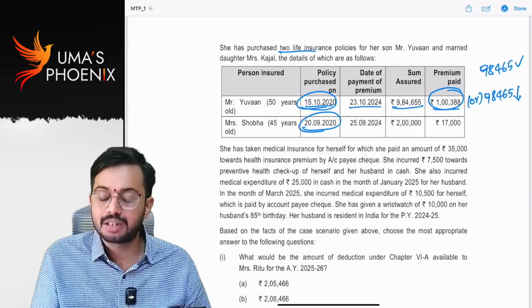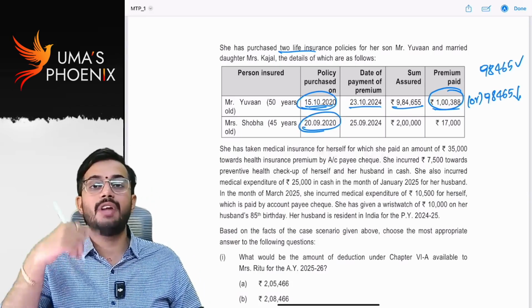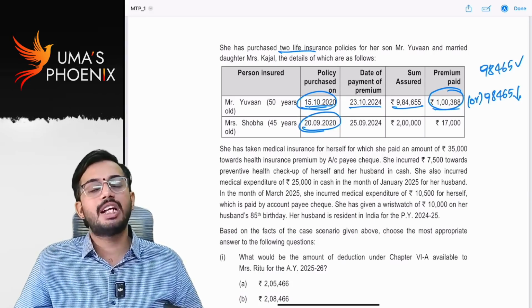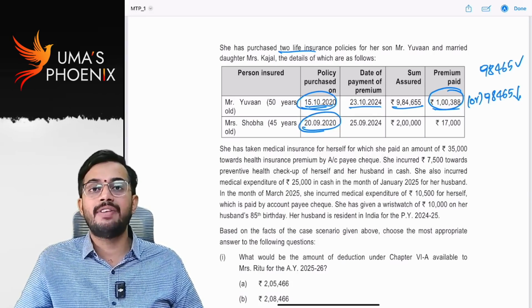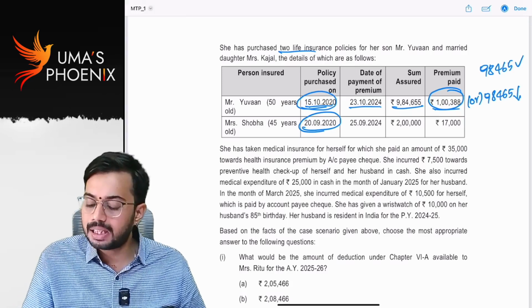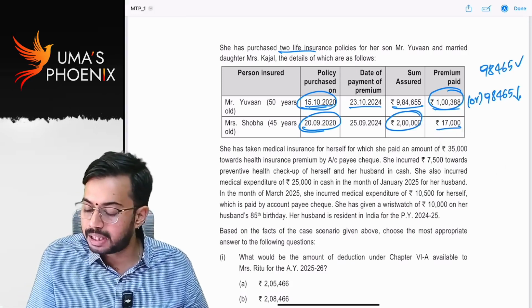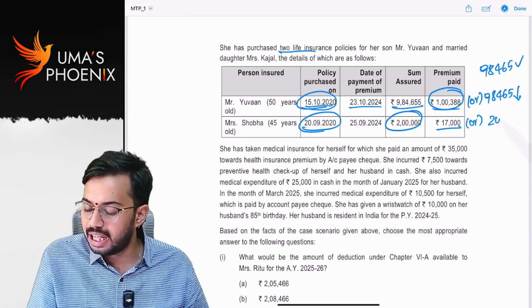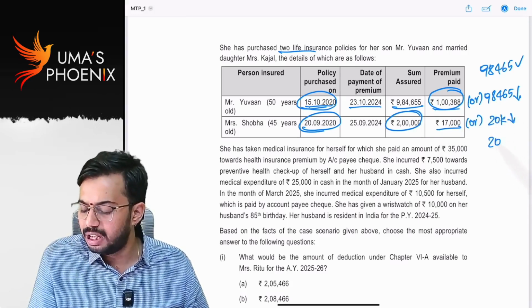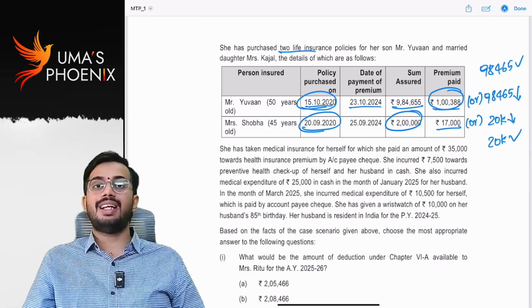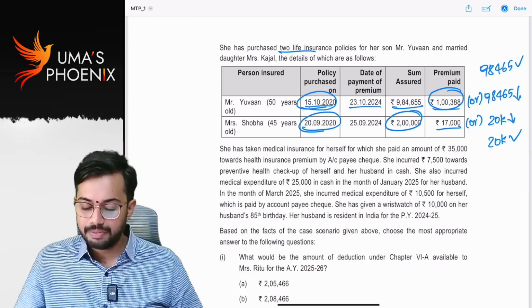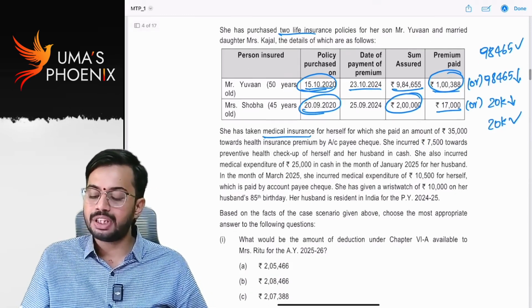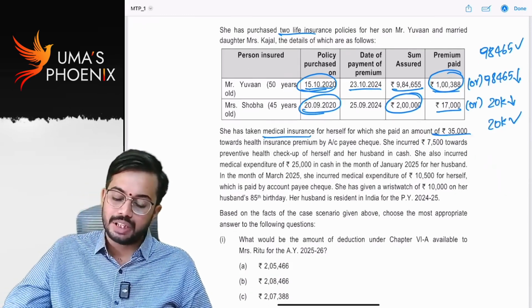In the second case also, the policy was taken after 1st April 2013. That means the maximum deduction allowed is equal to the actual life insurance premium or 10% of sum assured, whichever is lower. 10% of sum assured means 2 lakhs into 10%, which is 20,000. So 20,000 will be allowed as deduction. Is it clear? Now, she has taken medical insurance for herself for which she paid an amount of 35,000 towards